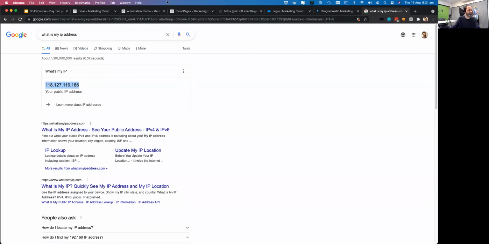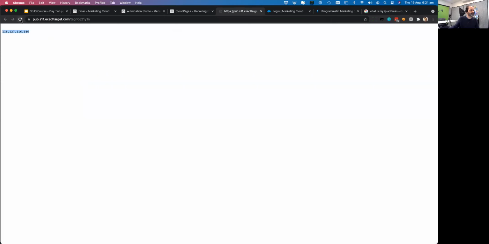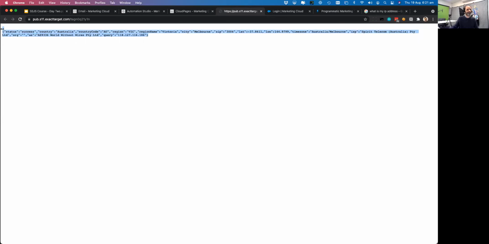Save, and we'll just go back and reload our page. And here you can see the response that's come back from the API, where we've got the country, the city they're in, and other metadata related to that IP address lookup. So yep, that's handy. Now we need to go and parse this JSON object, or this JSON string, should I say,